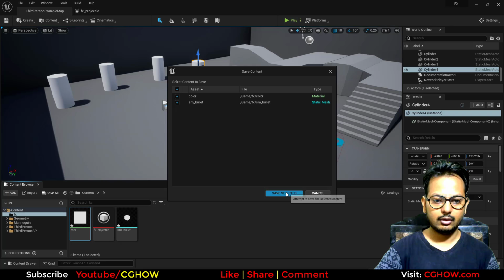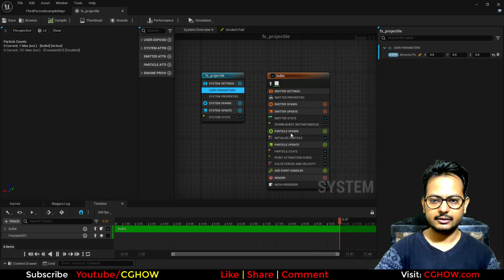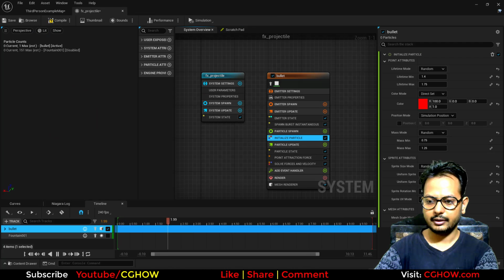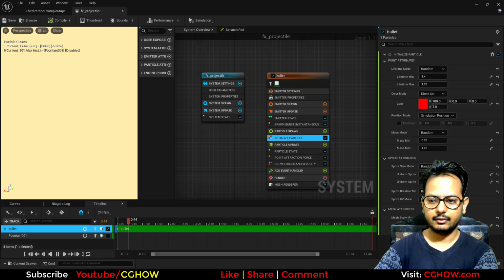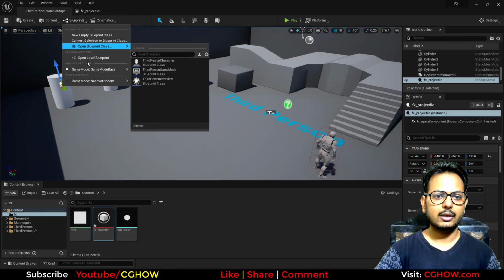Let me save this all. I will place this FX here, and let me just increase the size of my bullet to like 10, is okay. So now I'll go to level blueprint,